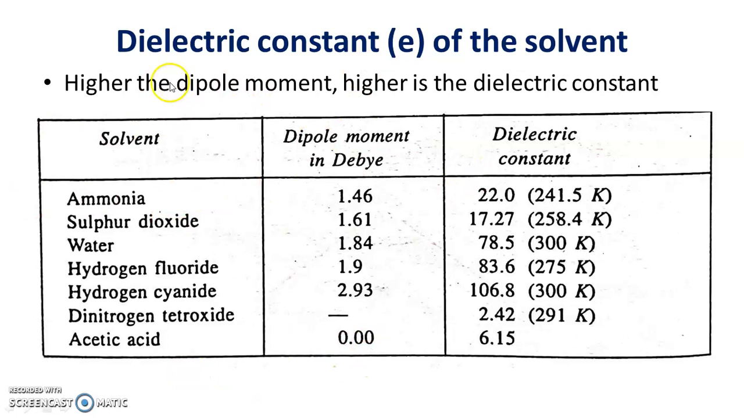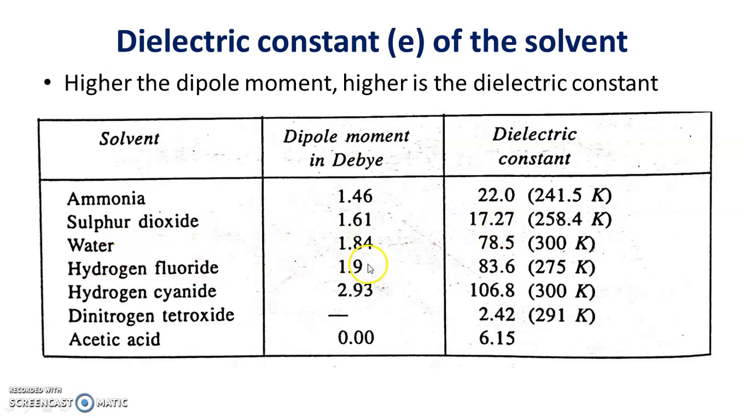Now what is dielectric constant? Actually, dielectric constant is correlated with the dipole moment of the solvent and hence polarity. The higher the dipole moment, the higher the dielectric constant. So here ammonia with dipole moment 1.46 Debye unit has a dielectric constant of 22 at 241 Kelvin. Similarly, sulfur dioxide has a dipole moment of 1.61 and dielectric constant